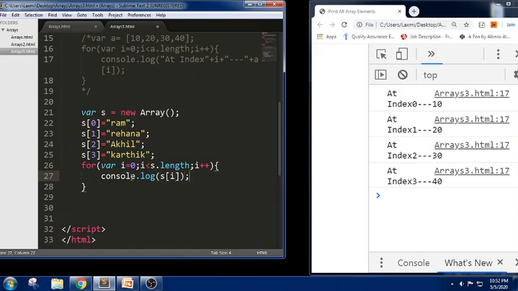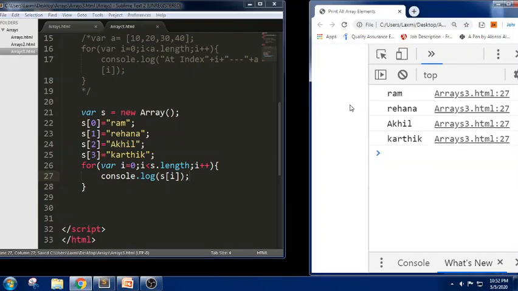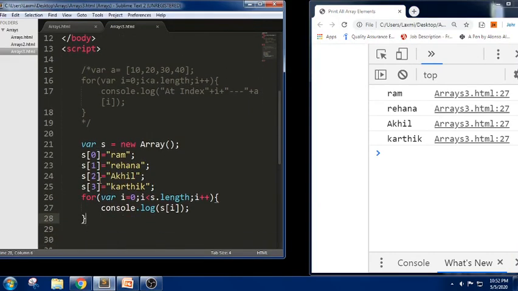If I write 0 it will print only the one element, so s of i. Let us check the output of the snippet. We got Ram, Rehana, Akhil, and Karthik. So we used the array literal as well as the array constructor, and we will come to know the difference between the two.